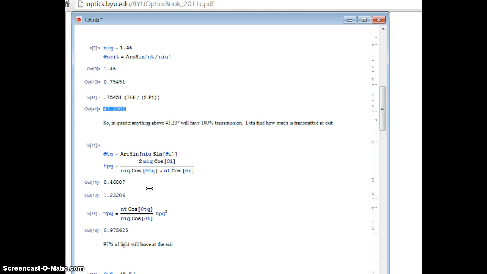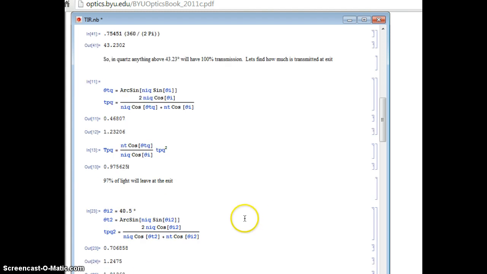It's the same angle, that 18-degree angle. So I went through that. I just changed the indices of refraction. The only thing that changes in that calculation is the index of refraction of quartz. In this case, 97% of the light leaves going through that whole process again, that's good, because we want